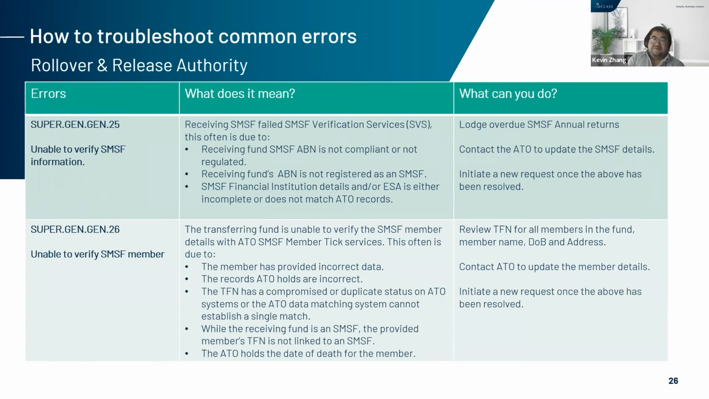The other one, very, very common, is the unable to verify settlement super fund member. Again, this is because it failed the ATO super member tick services. So it's very, very important. It's either the data in Class does not match with the data with ATO or the data from the APRA funds. So it's very important you review the tax file number of all the members,